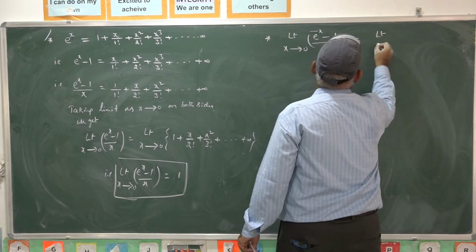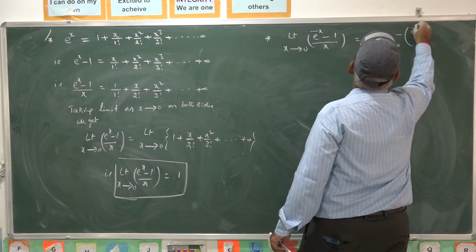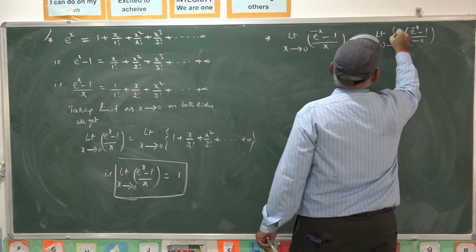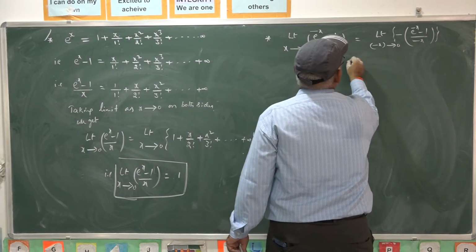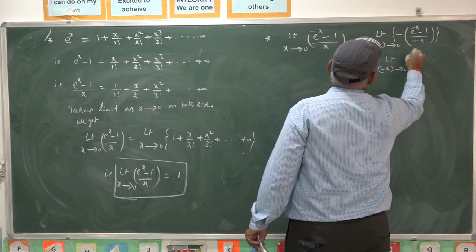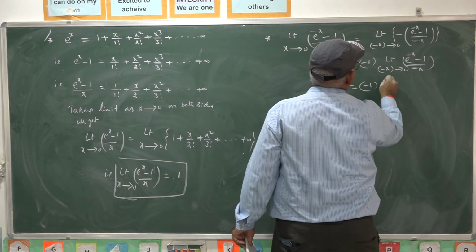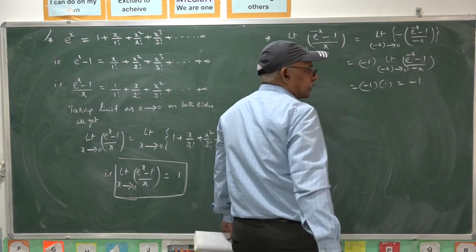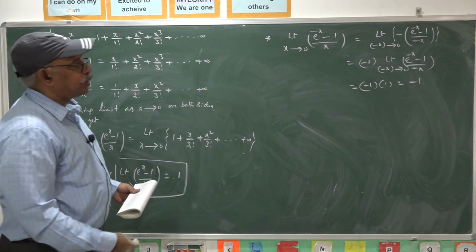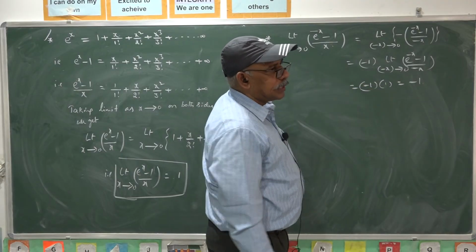Or you can reduce this limit to this form. Limit as x goes to 0 is the same as that of minus x goes to 0, minus of (e power minus x minus 1) by minus x, minus by minus plus. You can write this limit as minus 1 into limit minus x goes to 0, (e power minus x minus 1) by minus x, which is clearly 1. So, the required limit is minus 1. Instead of (e power x minus 1) by x, once you have (e power minus x minus 1) by x in the function, as x goes to 0, that is minus 1.